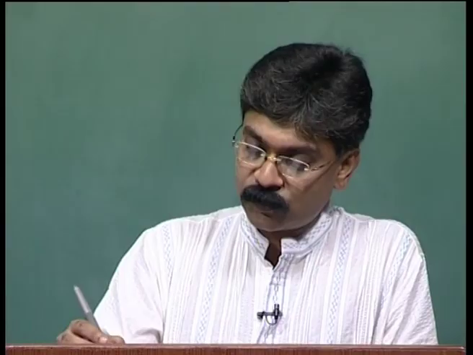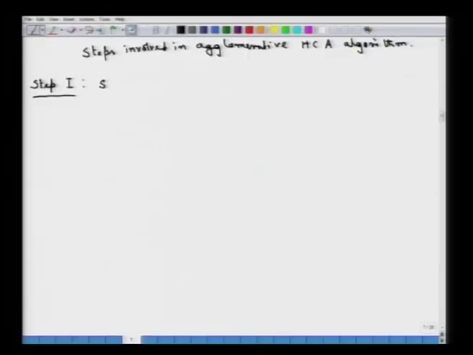Now, that distance can be Euclidean distance, it can be any other distance measure that one can introduce. So, at step 1 we start with n clusters, each containing a single object,